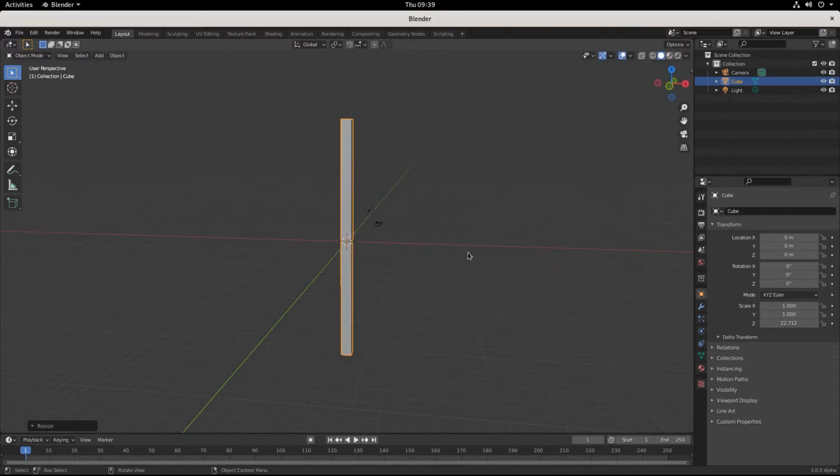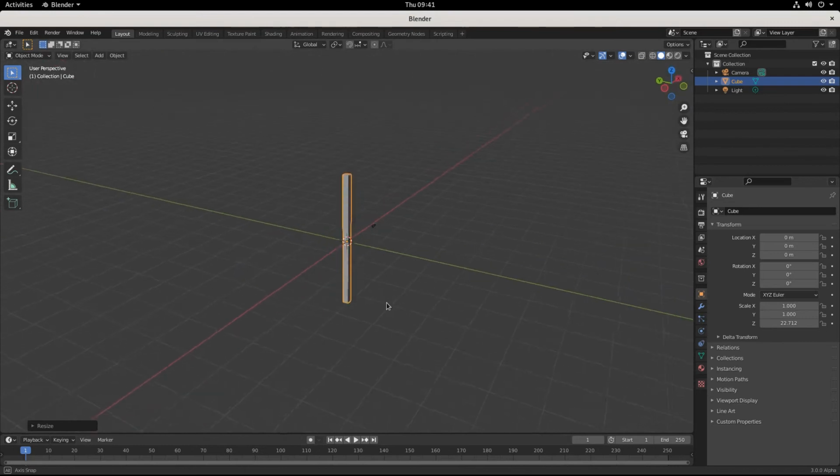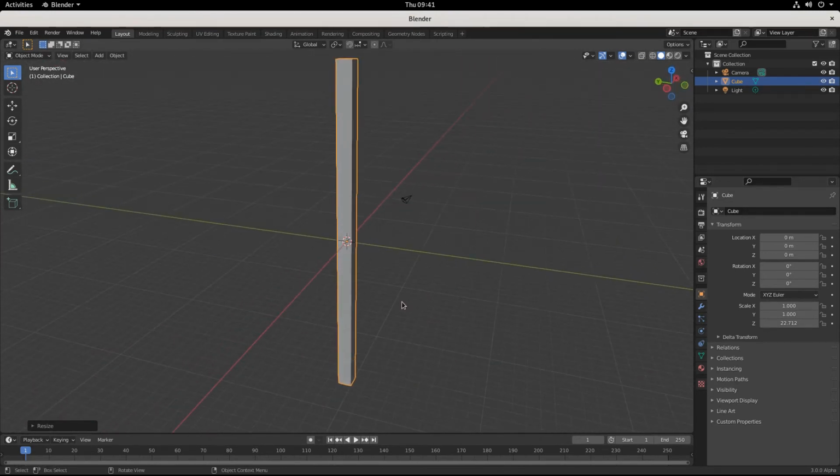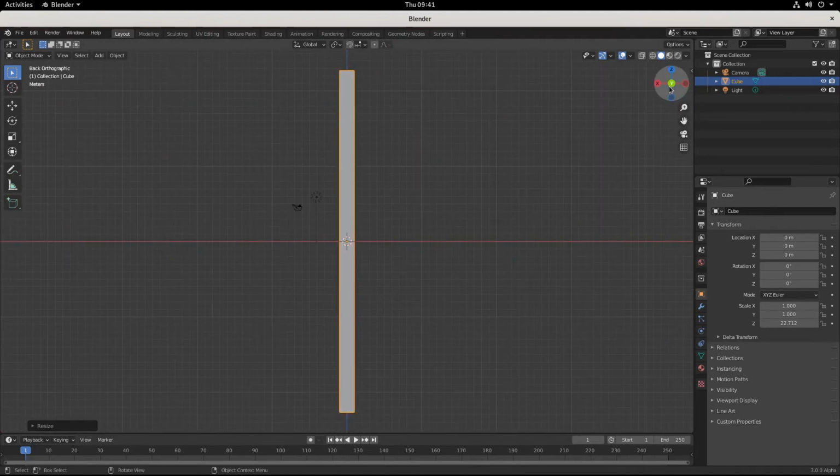So you can see we have 3 different directions we can move. We can go side to side along the X axis, we can go front or back along the Y axis, or we can go up or down along the Z axis. And these are your navigational beacons in the interface. So that's your Z axis, that's your Y axis, and here you can click, here's your Y axis,